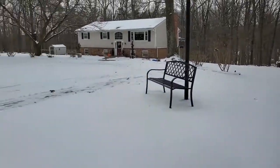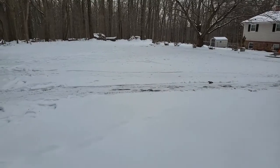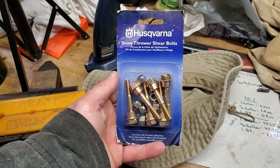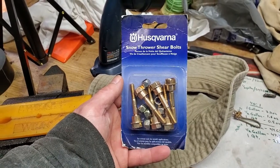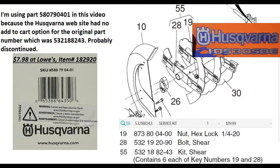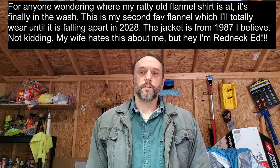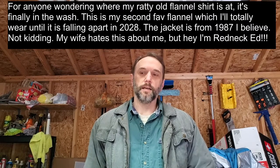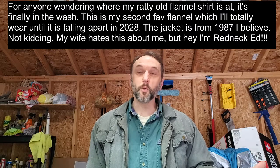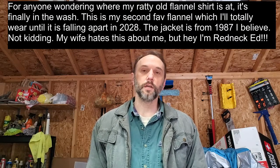Well, it snowed. And when it snows, things break. And guess what broke? Shear pins. An easy one this time. Shear bolts are easy. This is actually the first time I've ever sheared one because prior to this winter, well,